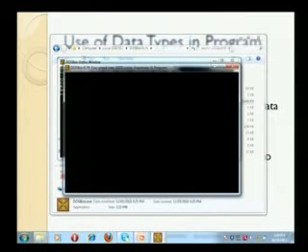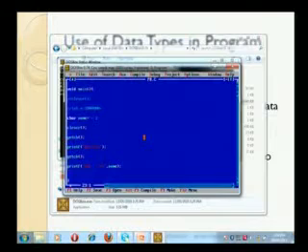Why? Because after clrscr here I have used getch, so it is holding the screen and waiting for me to press any character. If I press anything, then it is printing hello. Again after that I have written getch, so it is holding the screen. Again I am pressing something, then it is displaying the output. After displaying the output, the screen immediately gets back to the program which we have written.